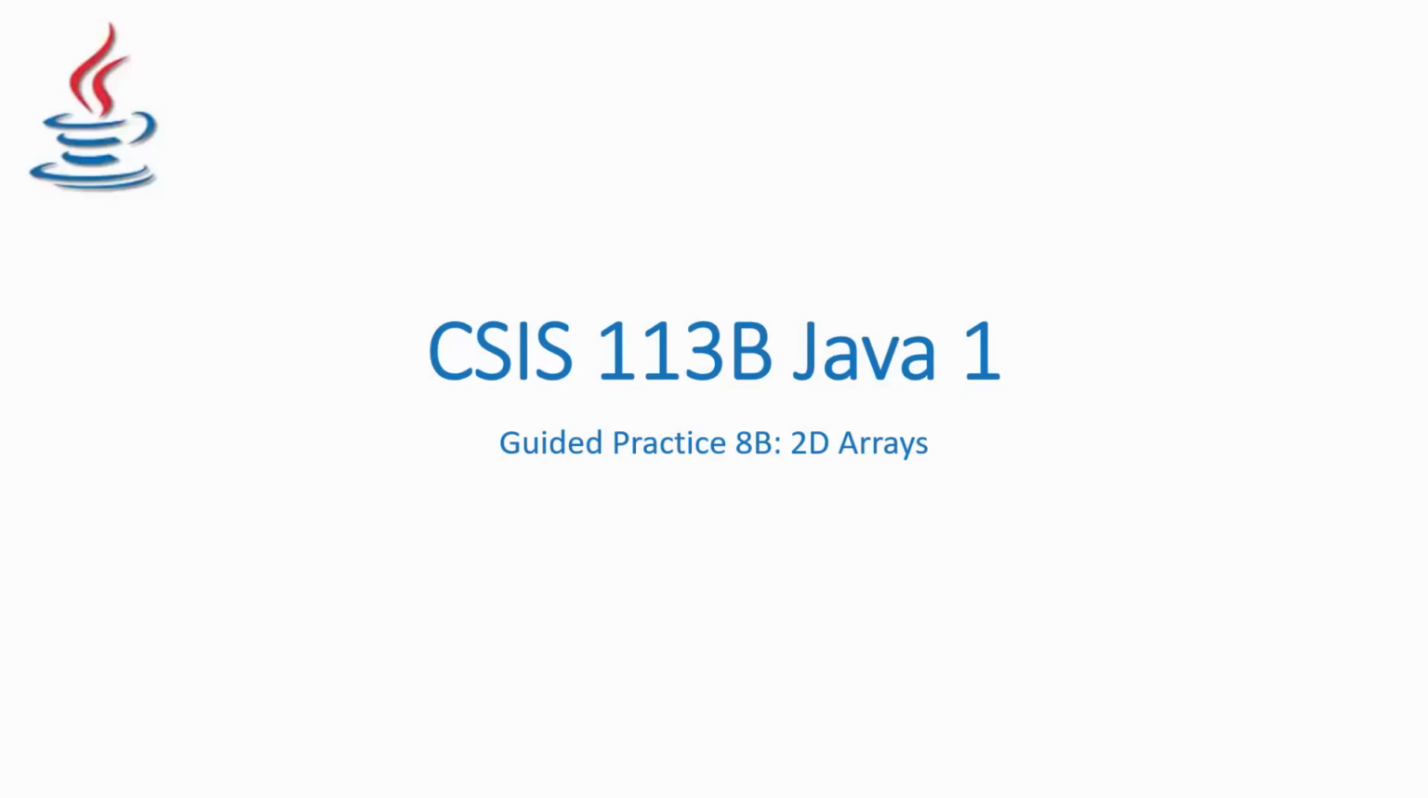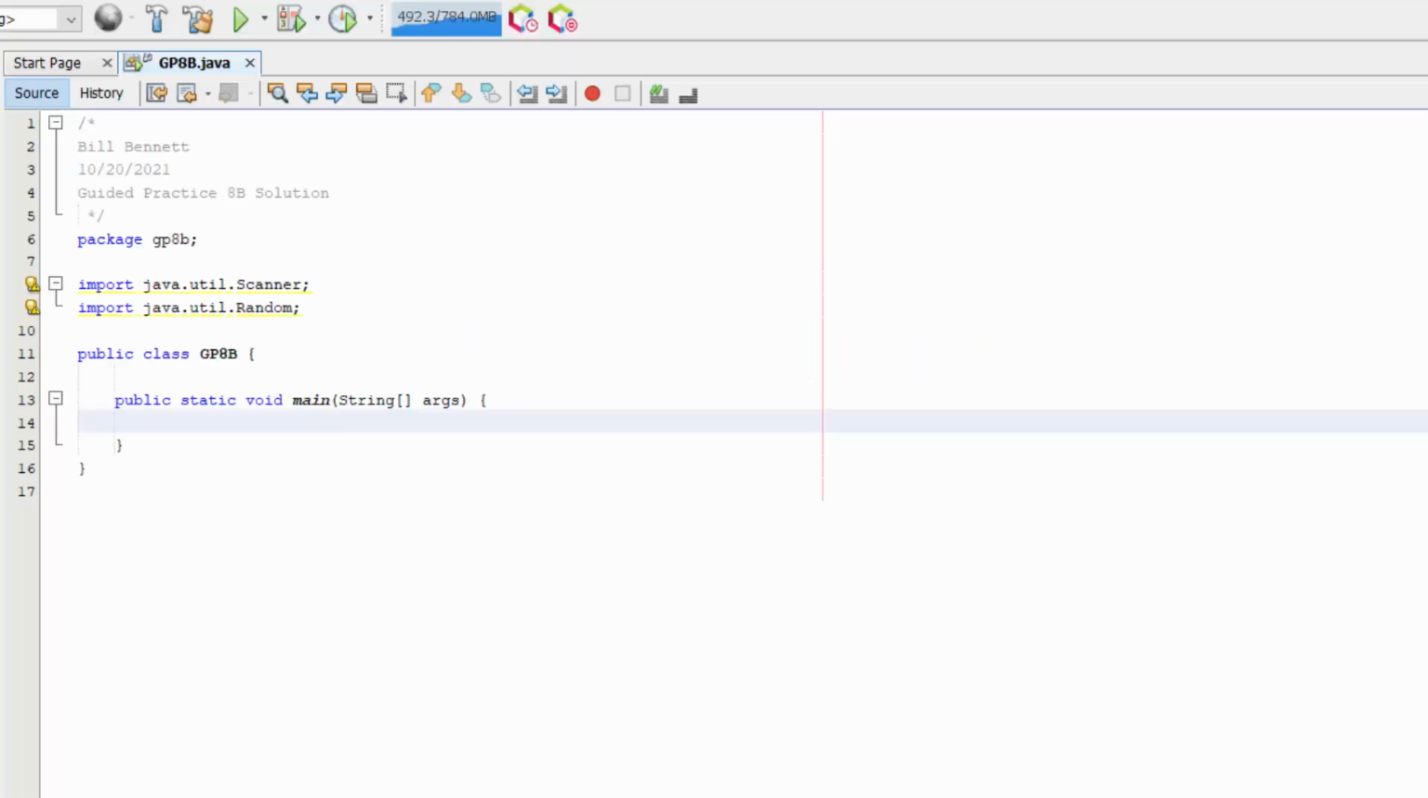In this guided practice video, you'll be learning how to create 2D arrays and how to use them in your Java programs. As you know from reading the lecture, in order to create 2D arrays, what we simply need to do is add another set of square brackets. So if we want to create a 2D array, named array, we could do this. And then to populate it,